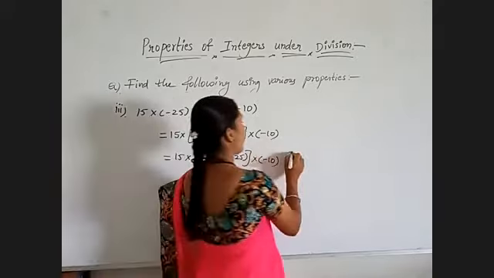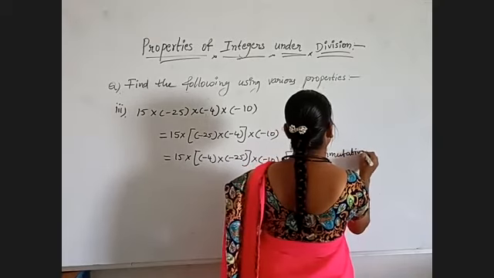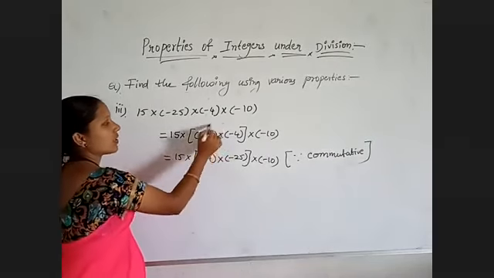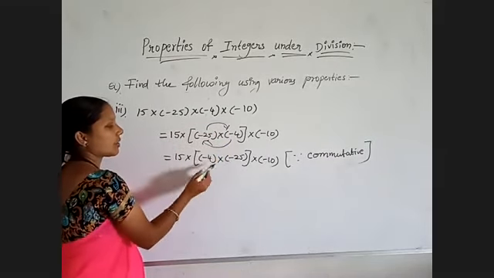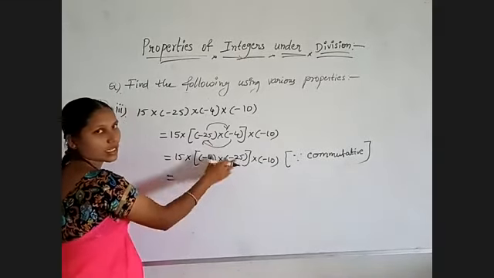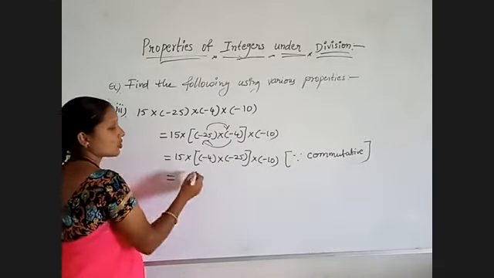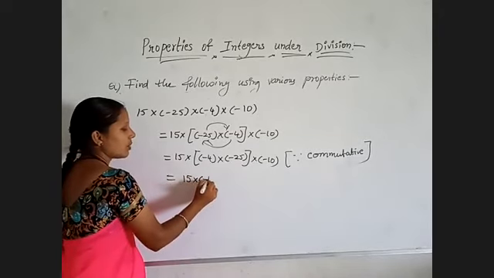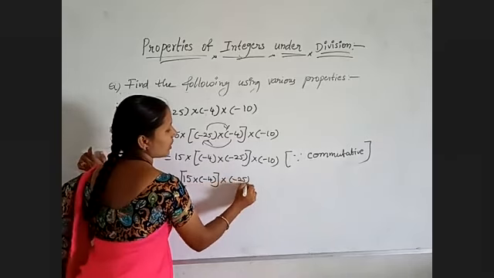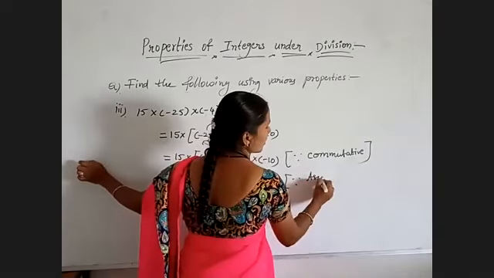So here we have used the commutative property. We have used the commutative property in this step because the first number we have changed to the second value and the second number we have changed to the first. Now coming to this one, again if you perform this operation, this one only we can finish. So don't do that. Then come to use the associative property. 15 into minus 4 we will keep in one bracket and into minus 25 we will keep outside. So that is the associative property.